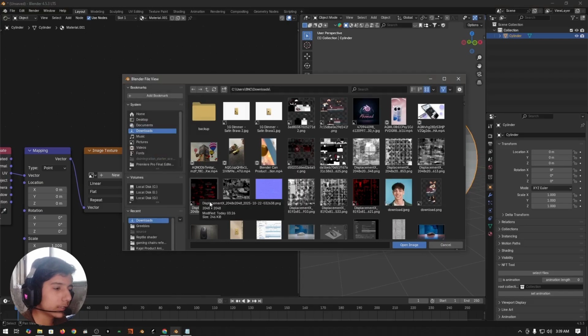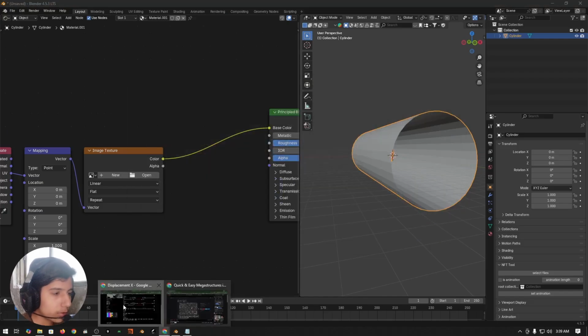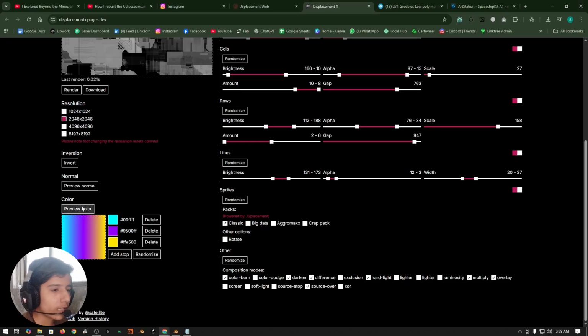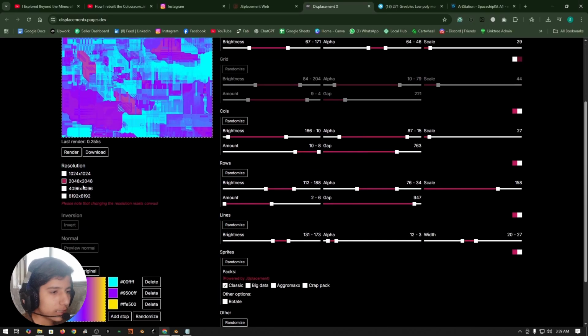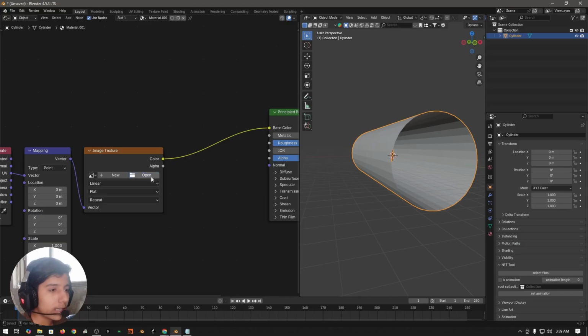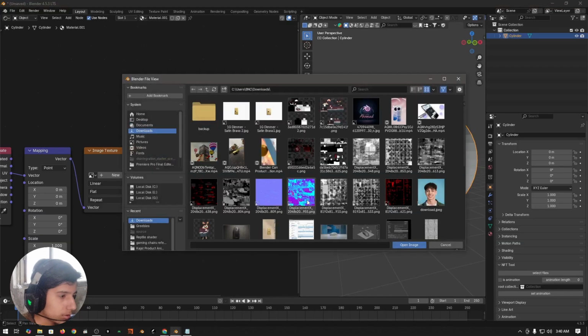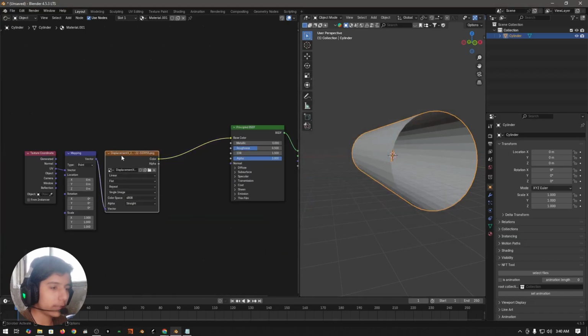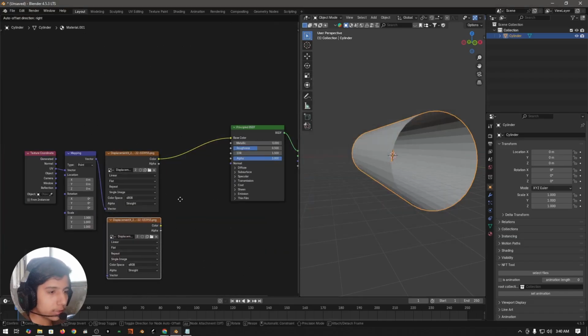So I'm going to use this one. First of all, I am just going to create a colored one, and I'm going to use any color for now, just to show you how you can create that. And now I'm going to select that, and then I'm going to duplicate this